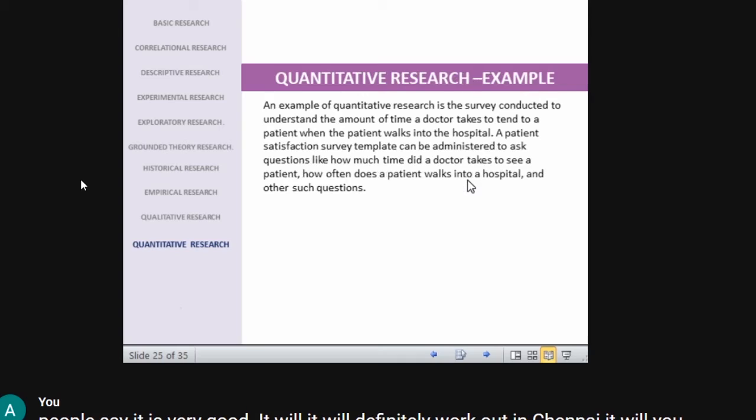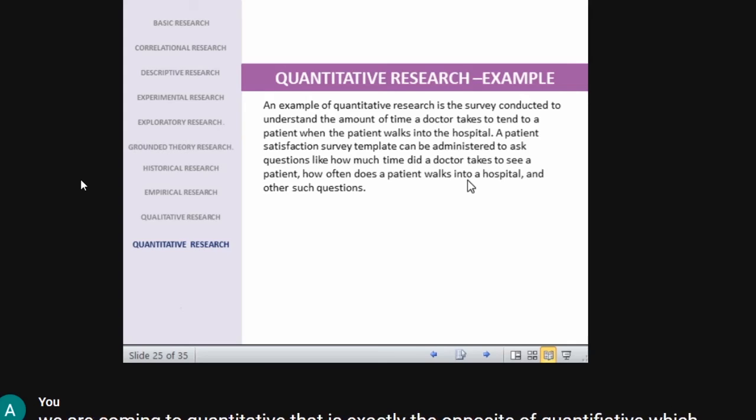An example of quantitative research, anything you can take. In simple terms, the number of books in each department in the university library. You get the data of each book available in the library. So chemistry department has 250 books, physics department 300 books. Depending on that, you can analyze. So that is quantitative research.